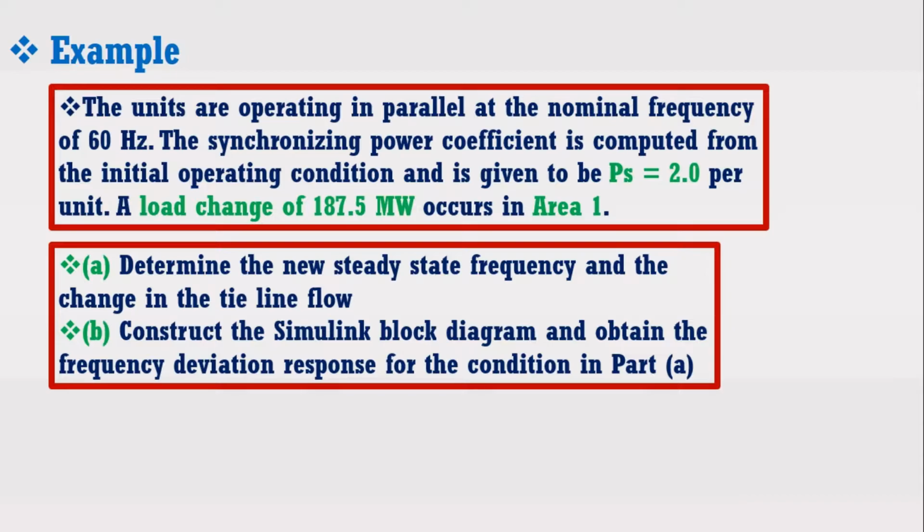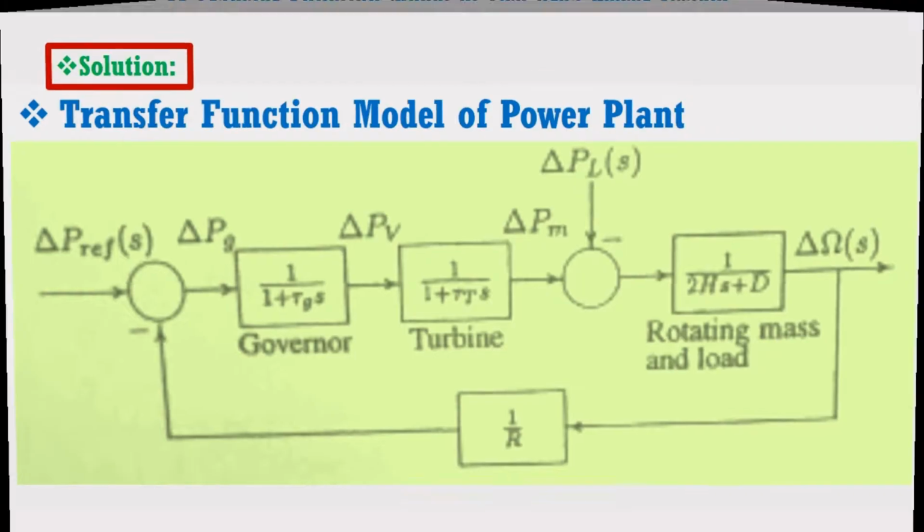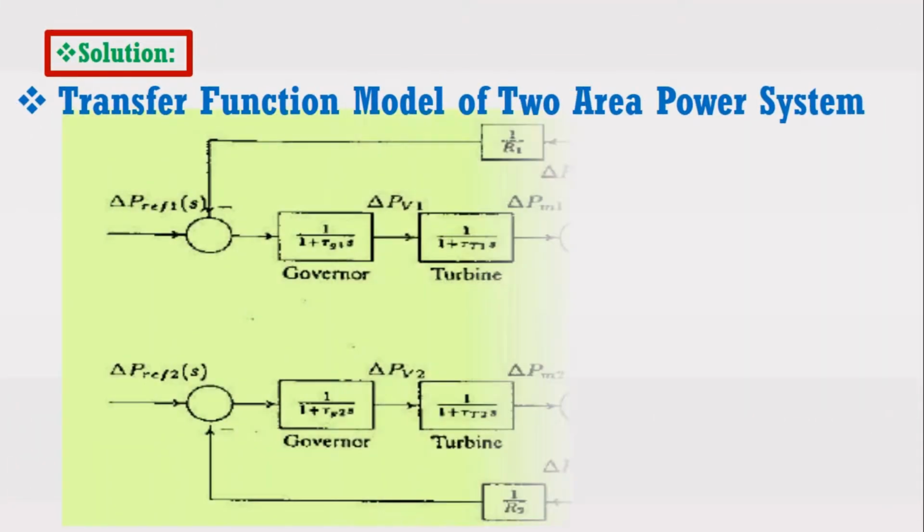To design the model of the two-area power system using transfer functions, first just look at the block diagram of a single-area power plant based on transfer functions. It may be noticed that the model consists of transfer functions of governor, turbine, generator (named as rotating mass) and load. In the feedback, speed regulation is placed. It means that to model the power plant we need a transfer function block, gain block, sum block and input signal block.